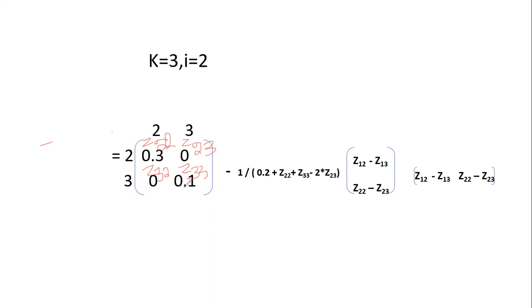Okay, Z33 is equal to 0.1 minus 2 into Z23. Okay, Z23 is equal to 0, minus 2 into 0, into Z12. Okay, 1 is the reference bus. Therefore, we are considering it as 0 minus 0. Okay, Z12 is also 0 and Z13 is also 0. Substitute Z12 equal to 0 and Z13 equal to 0.